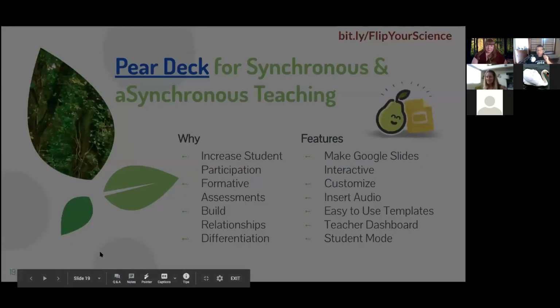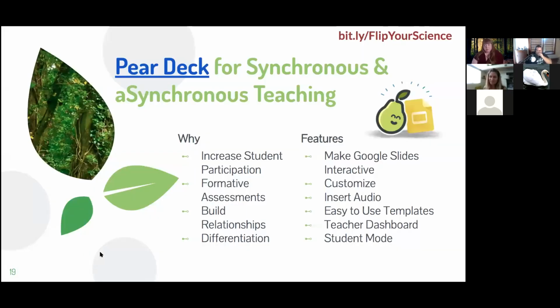That's awesome. There's so much you can do with Flipped. We threw in Pear Deck because the Google slide deck that was created can be used for synchronous and asynchronous teaching.